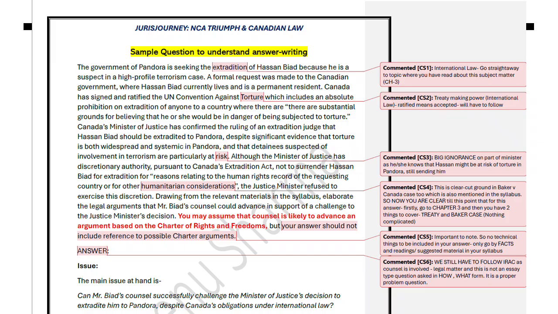So this is a sample question that I have prepared for students, and this is how I help students in understanding how you have to write an answer. So let's go through our problem. Government of Pandora is seeking the extradition of Hassan Biat. So first thing, when you read words,